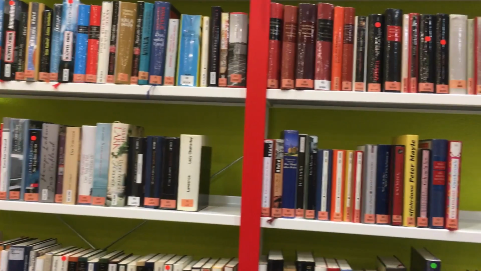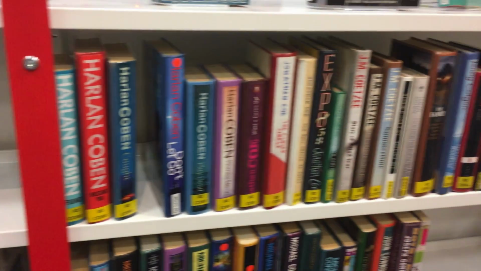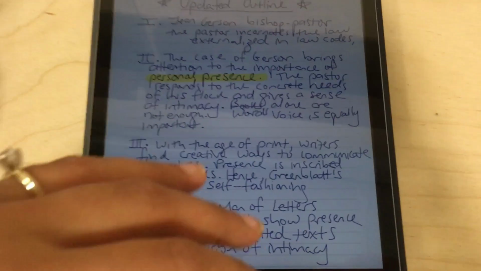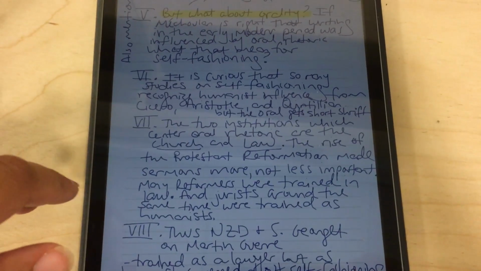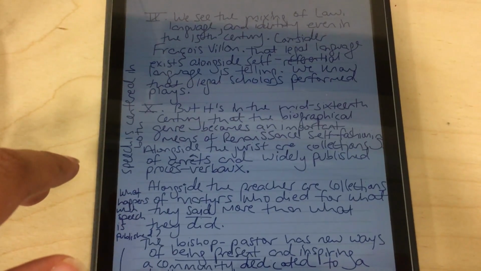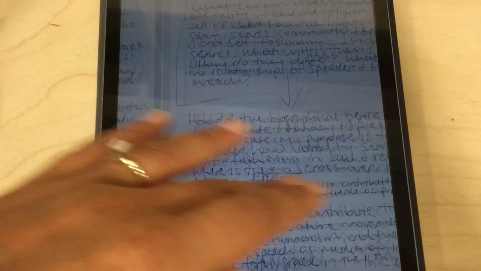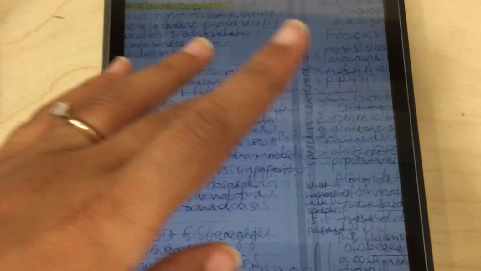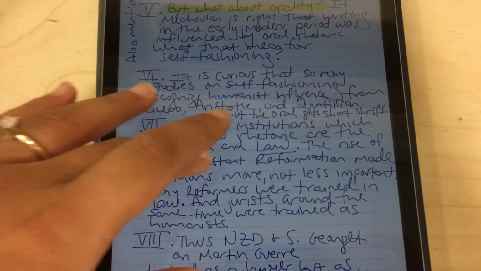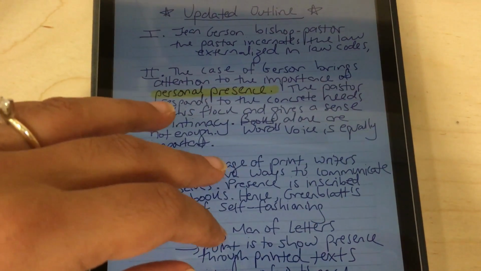But anyway, this vlog this week is not as thorough as last week's. I apologize. So since I am studying here, I thought I'd show you the foreign language section of the Bibliothèque de la Cité, which belongs to the public library in Geneva. I rewrote my outline, and as you can tell, this is a very, very detailed outline, often writing multiple outlines because I have difficulties knowing what direction to take and focusing on my question.